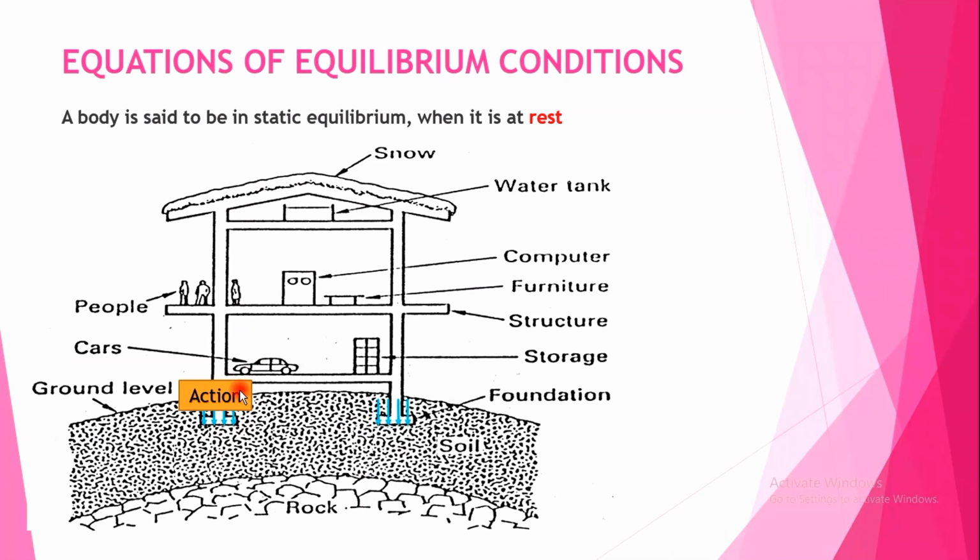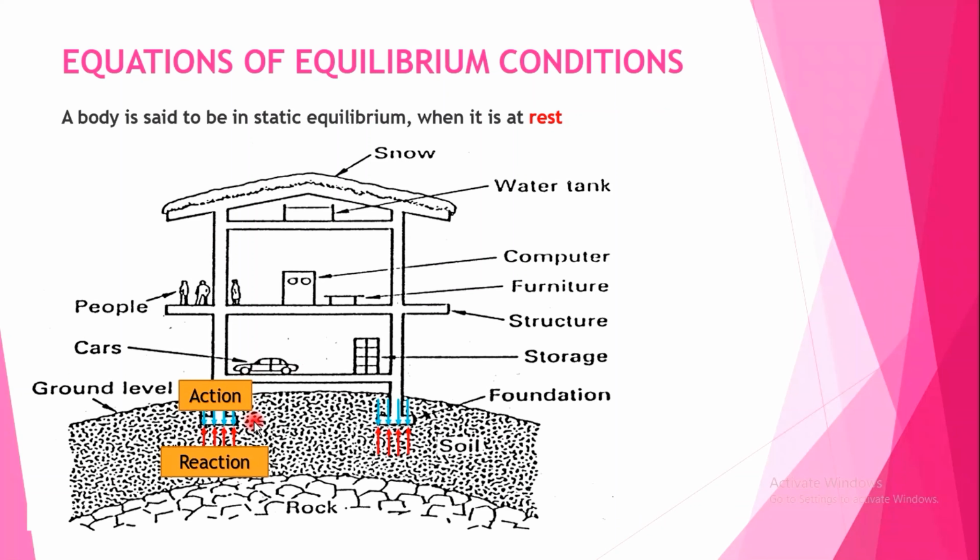And we know that Newton's third law of motion states that for every action there is an equal and opposite reaction. So for this action we have the opposite reaction from the ground to the foundation. This is the symbolic representation of that reaction. Here we can say this is the reaction. This action and reaction have the same magnitude but are opposite in direction. So we can call this the equilibrium condition. This is the reason the building is not moving in the downward direction.